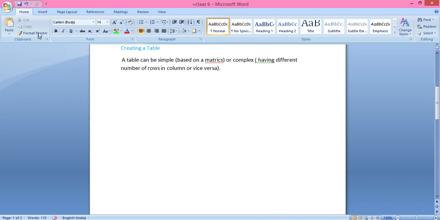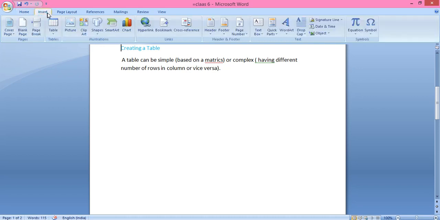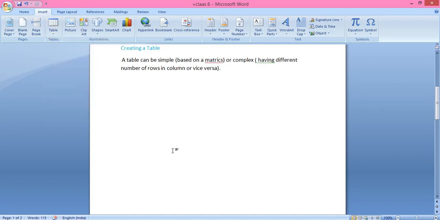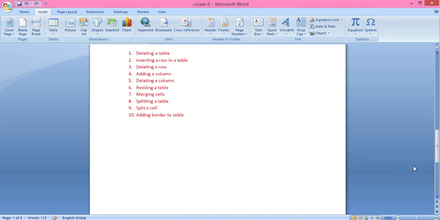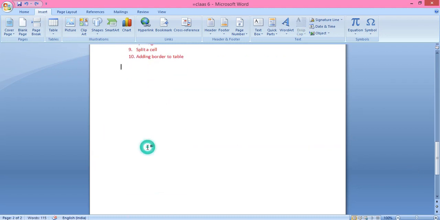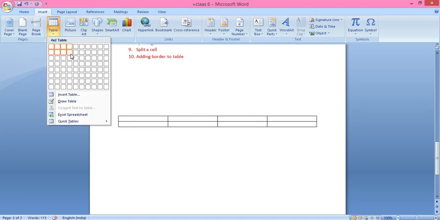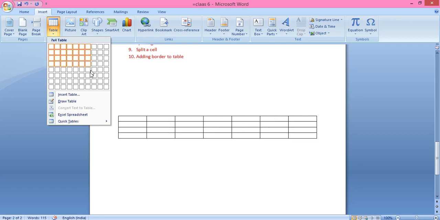What you have to do is go to Insert, then Table. There are 3 methods by which we can create a table. First, you can simply drag your mouse and create your table, as many rows and columns as you want, and it will be created automatically.